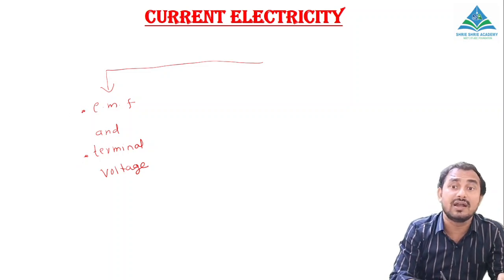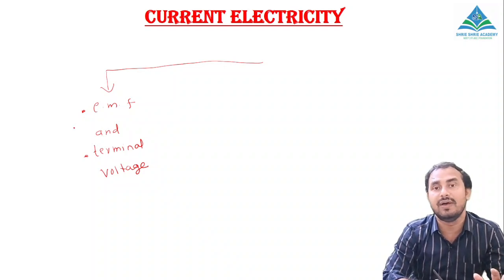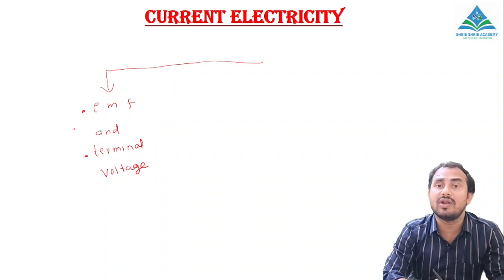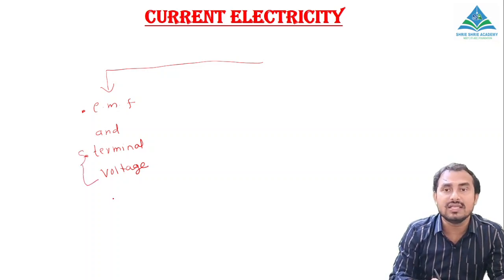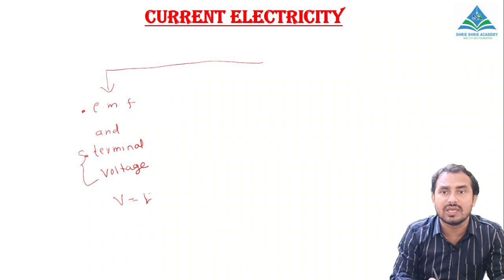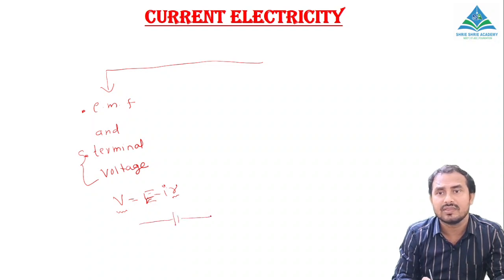EMF is what is written on the battery, let us say 10 volt, but that 10 volt is not what we actually utilize. We get less than that, and what we get is your terminal voltage. The relation is V equal to E minus Ir, where E is the EMF, I is the current, and small r is the internal resistance. V is called the terminal voltage. Take a battery, let us say,